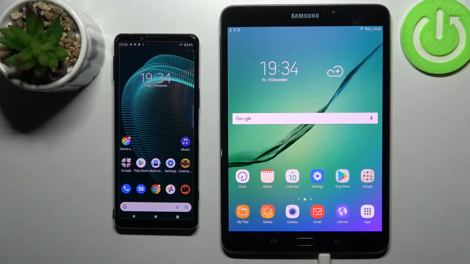Hi! Today I would like to show you how you can transfer files from Sony Device to Samsung Galaxy Tab